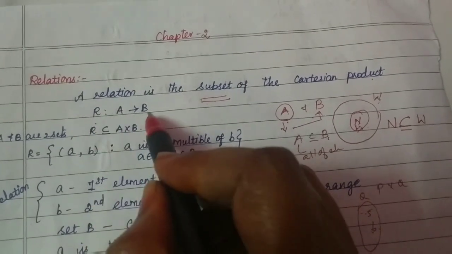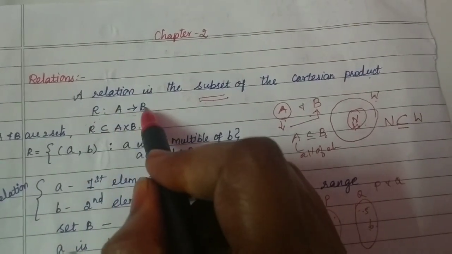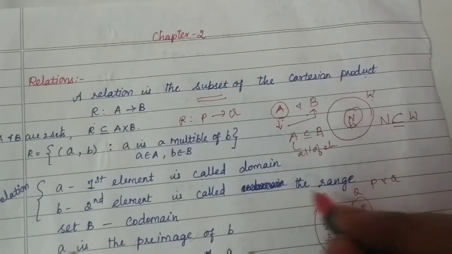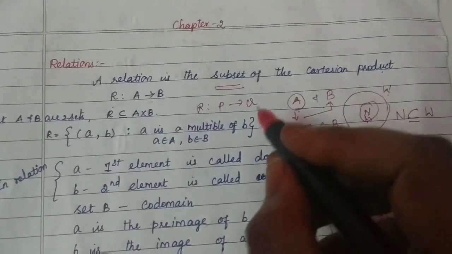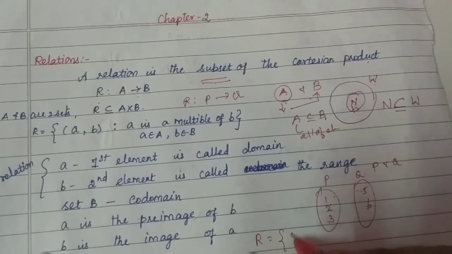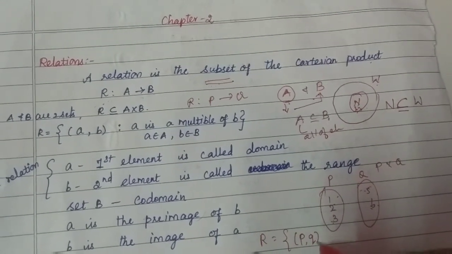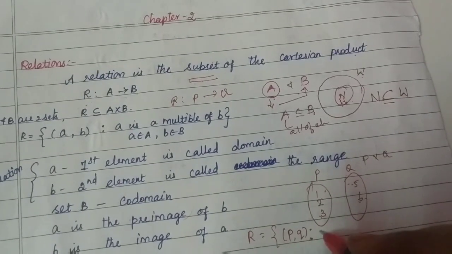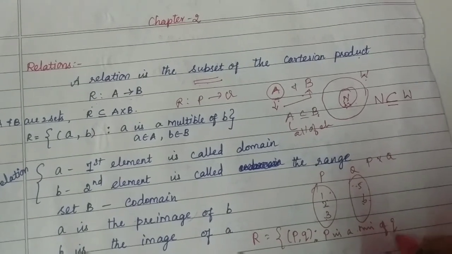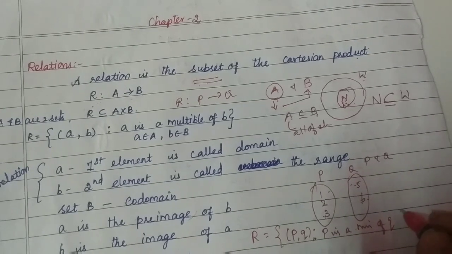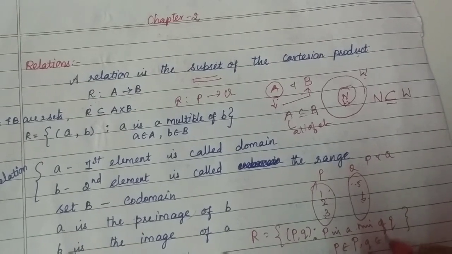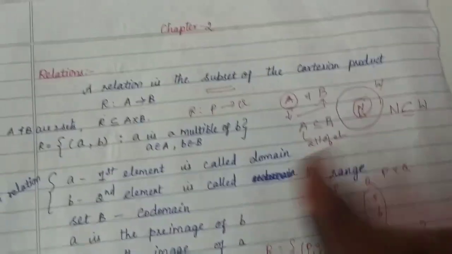This is how to relate. A relation is from which set to which set? You may write that the relation is from set P to Q, which is what I have done here. This is the Cartesian product, but there is a relation. You can write R equal to the relation, where I assume some element p in P and some element q in Q such that p is a multiple of q. This is the relation between p and q, such that p belongs to the set P and q belongs to the set Q.